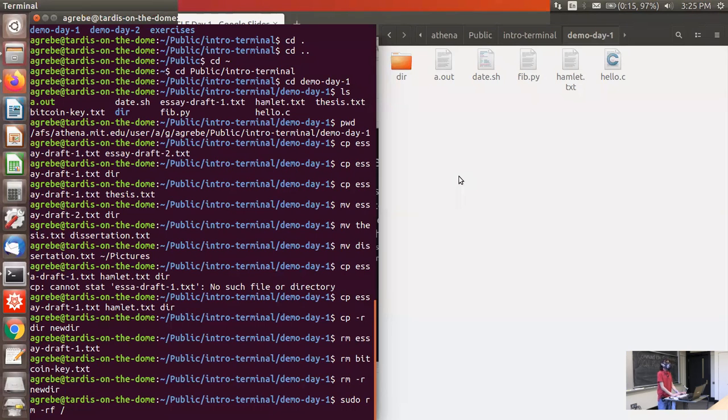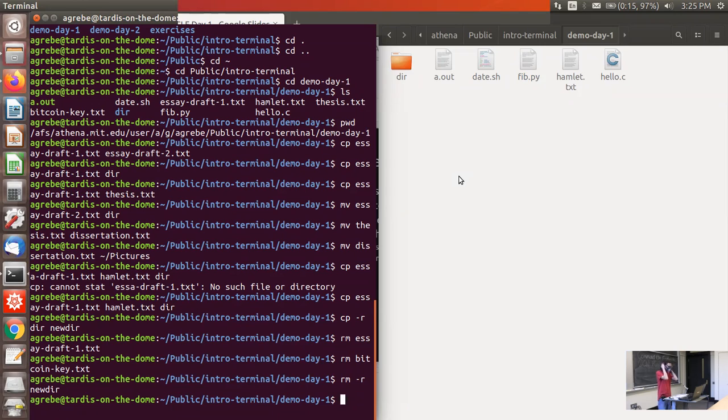It will prompt you for the administrator password, but other than that, it will give you no warning before deleting everything. And it will crash your computer and not make it usable again until you reinstall your operating system and put all your files back on it. So rm is a very powerful command, but a little bit scary, and just be careful when you're using it.